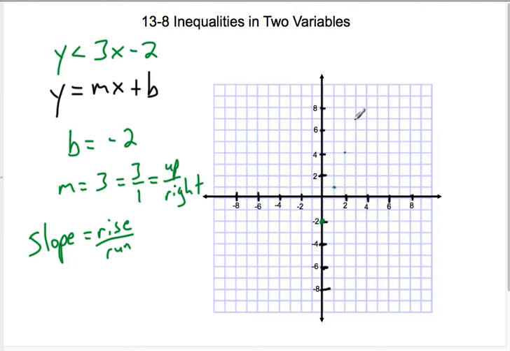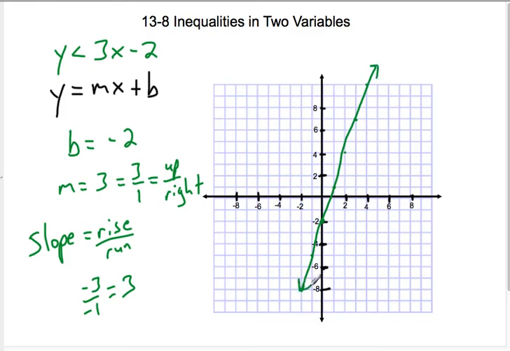And I could just keep going and making points so that it's easy for me to get that line there. Now remember, up 3, right 1, which is 3, is the same as down 3, left 1, right? Because that is also equal to +3. So I can go down 3, left 1, down 3, left 1. And I connect those